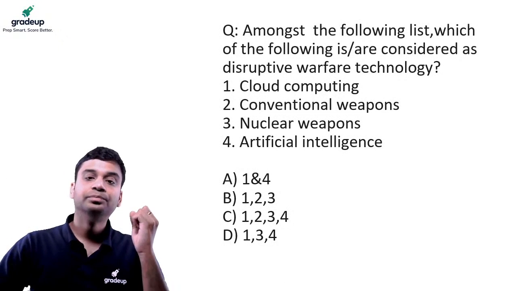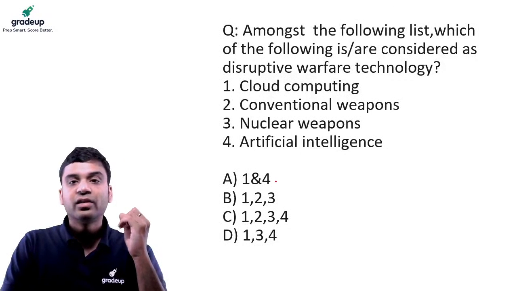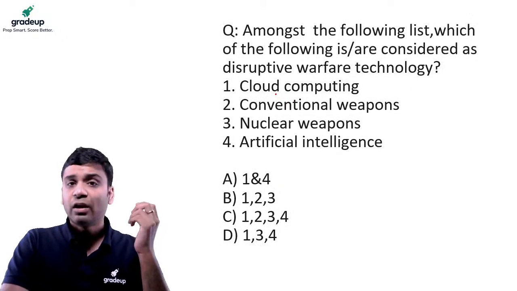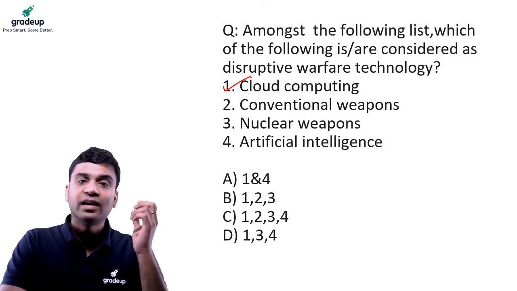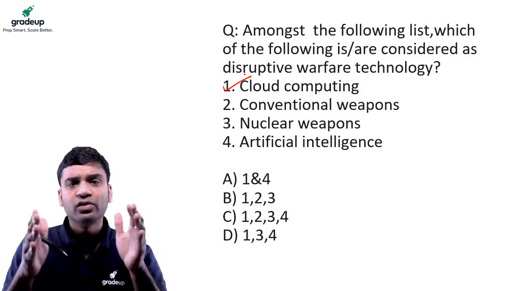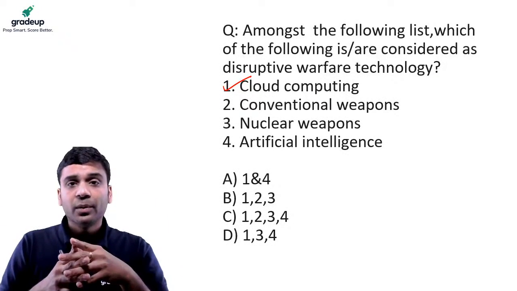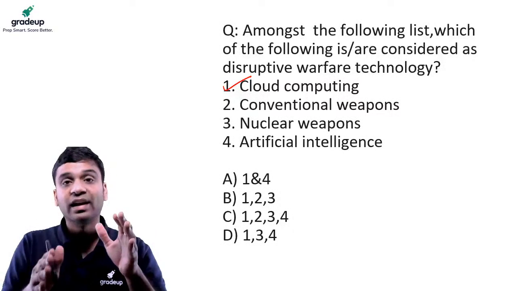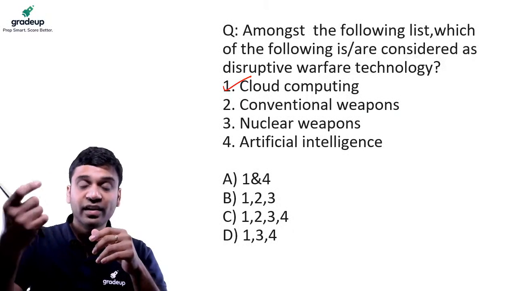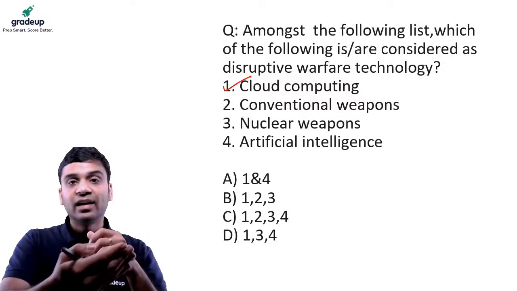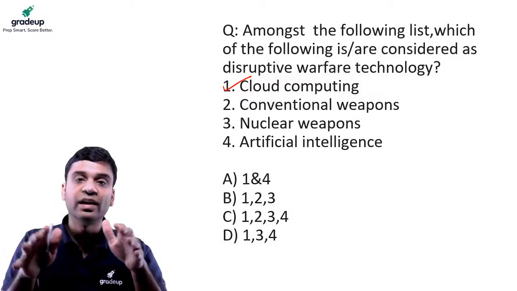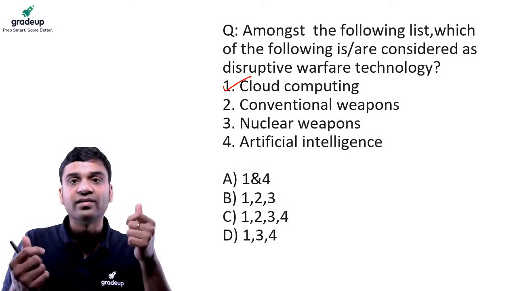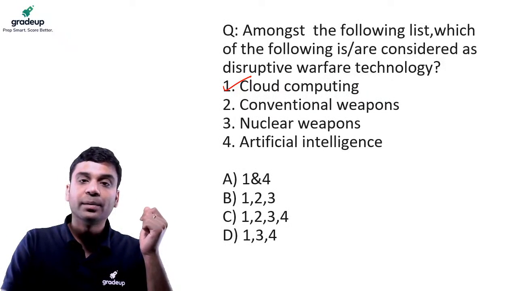Okay, देखते हैं question. Amongst which of the following list could you consider it as disruptive war technology? Okay. So cloud computing. Fine, we had seen that any form of computing, right? Your supercomputers, cloud computers, your quantum computers, which can fasten the data analysis. जो facial recognition से या जो data है हमें about different human beings और different surveillance objects पे, उसको जल्दी जल्दी से आपको data को intervene करके you should analyze that. So that can be done cloud computing.